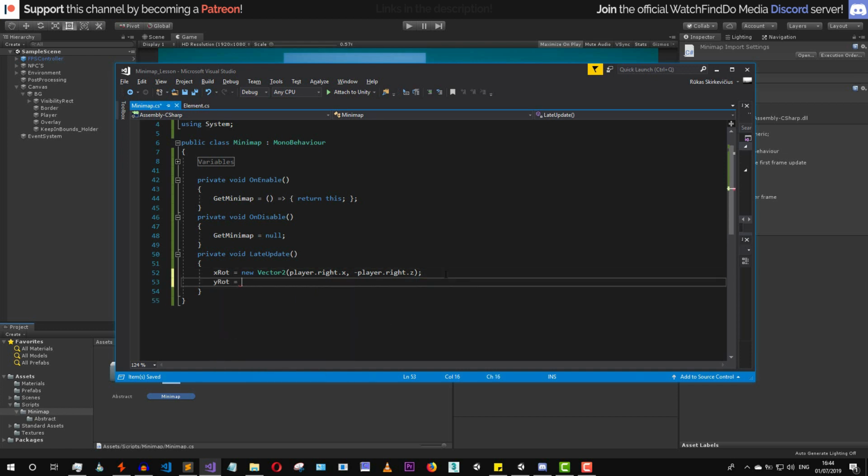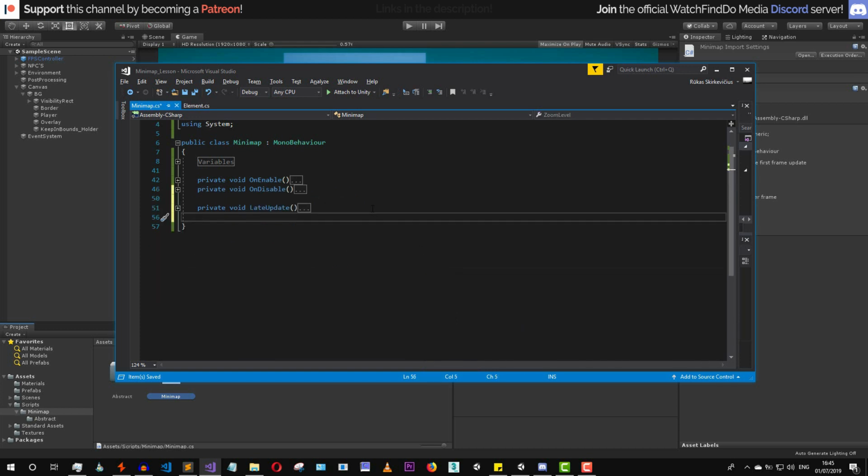So let's simply say that the y rotation is going to be equals to new Vector2, and for the x we need to say minus player.forward.x, and for the y we need to say that it's going to be player.forward.z, and this is all we need to do to update the x and y rotation. Alright, so then let's implement the private void, which is going to be the Update method, and